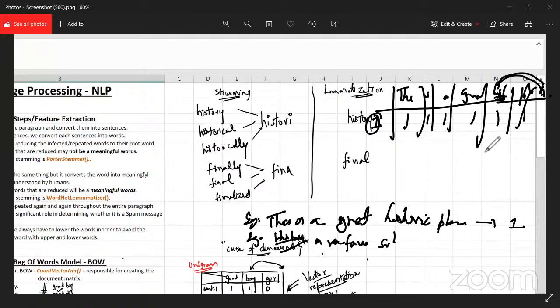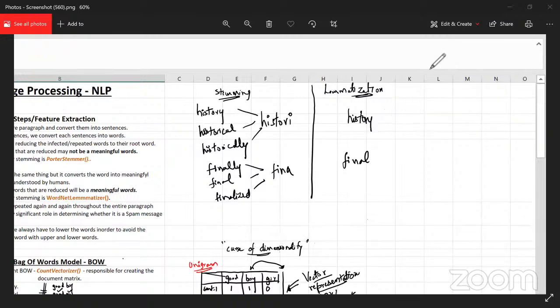Curse of dimensionality is nothing but that we always try to reduce the dimensions. If it is an XY axis and you are giving just one point, we can address this point as, okay, this is maybe 2 comma 5. If it's 3 dimensions, maybe 2 comma 3 comma something, and maybe a more complex 4 dimensions. So when we are denoting one point in 4 dimensions, the complexity is increasing. In a similar way, the machine also faces the same kind of complexity. So we always try to reduce the dimensions as much as we can for the purpose